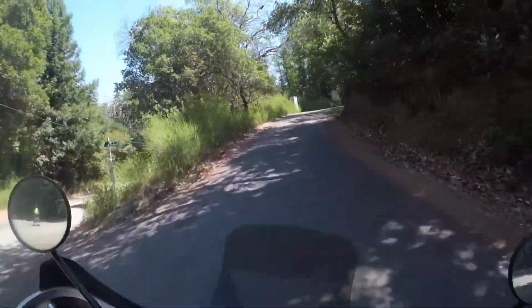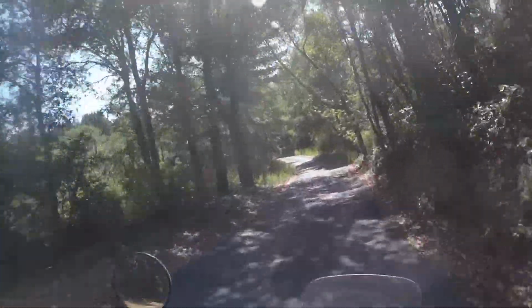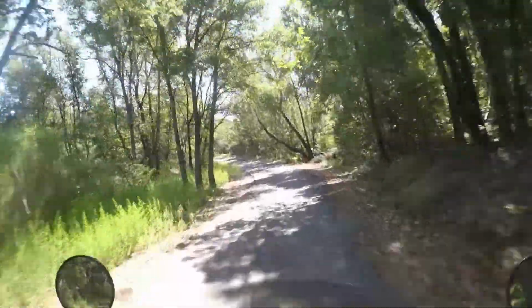Head up Ormsby cut off here. But all in this video here, I've done the video on this private road. I don't think they really want you up here, but